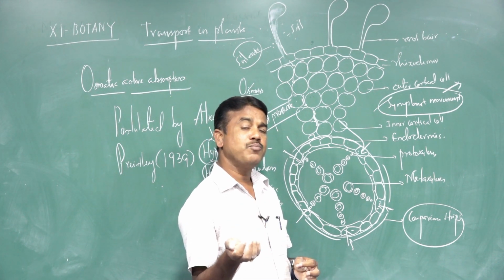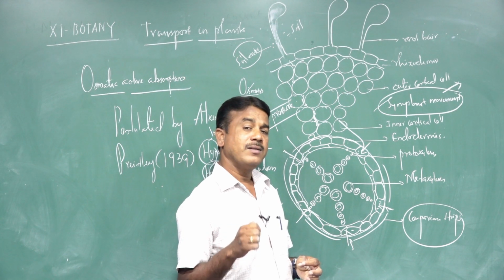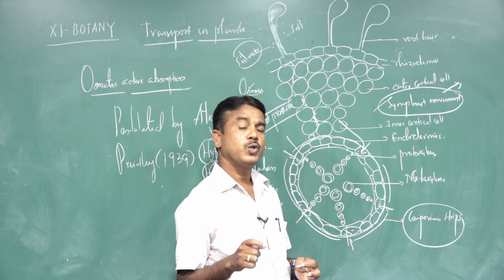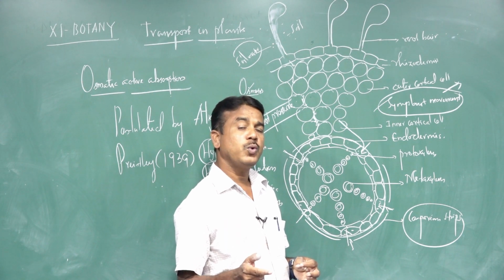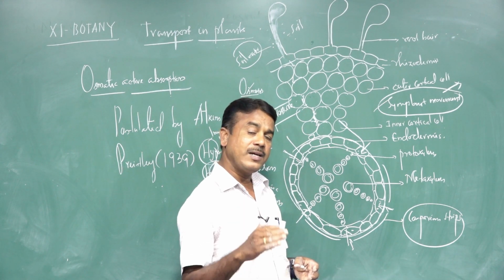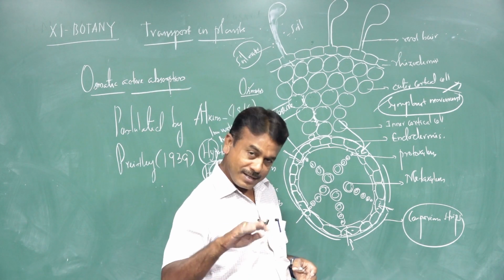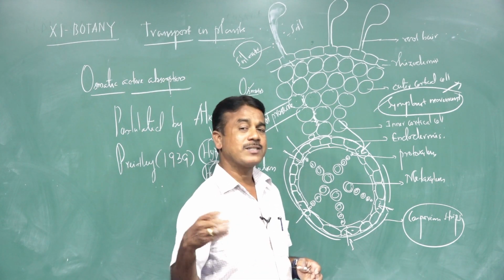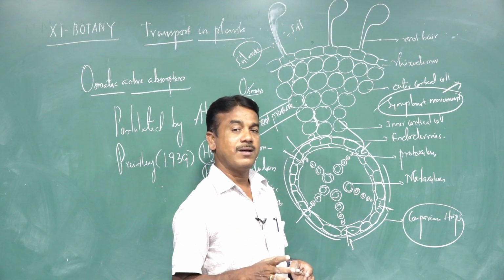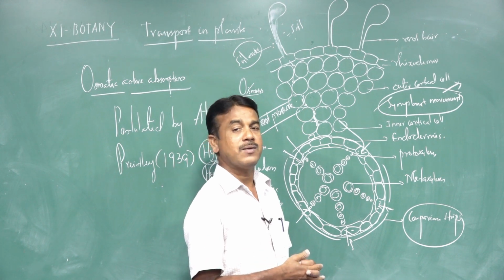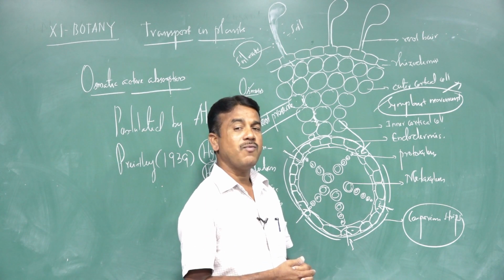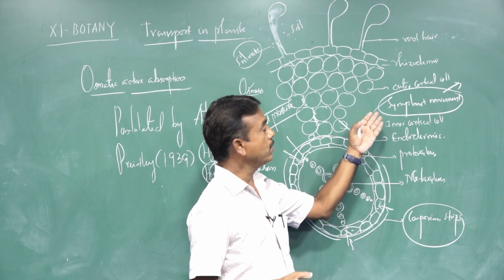Once the root hair absorbs water and mineral salts, the absorbed water and mineral salts enter the plant system through the root hair cell to the adjacent cell. From that one cell, the water molecule enters the next adjacent cell, and then moves to the next adjacent cell through plasmodesmata. That is commonly called the symplastic way of movement. So in osmotic active absorption, the movement of water takes place through symplastic movement.